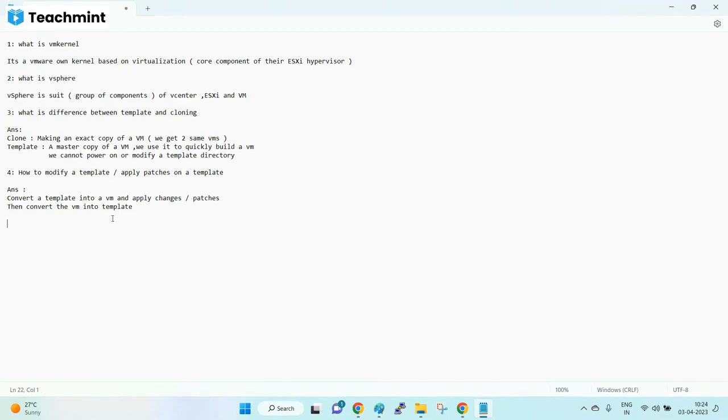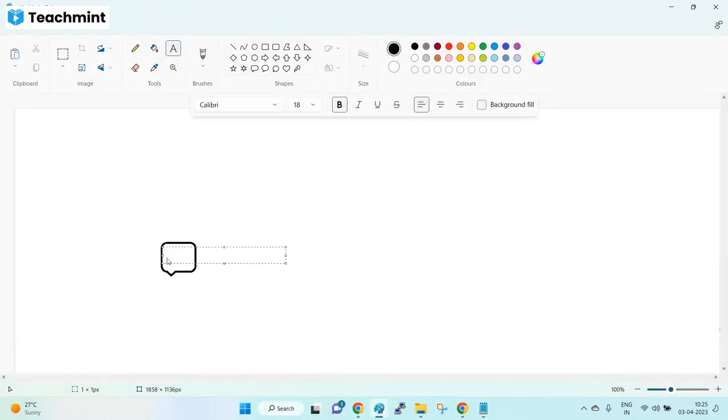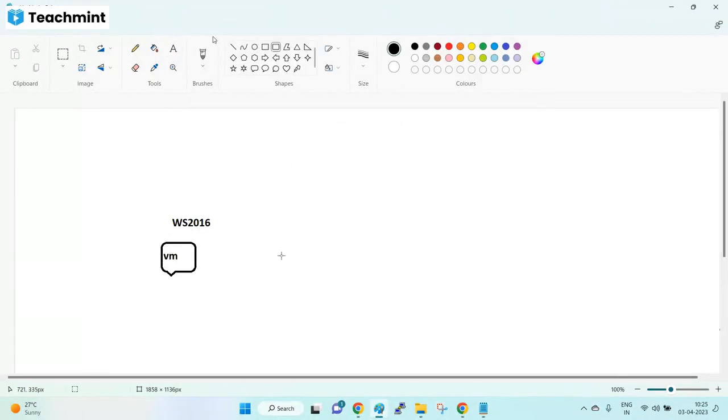During cloning of a VM or deploying a VM from a template, is it possible to change the OS? During the process, it's not possible. After making a copy of it, then we can. Let's say the source machine has Windows Server 2016. If you clone it, or if it is a template with the same OS,